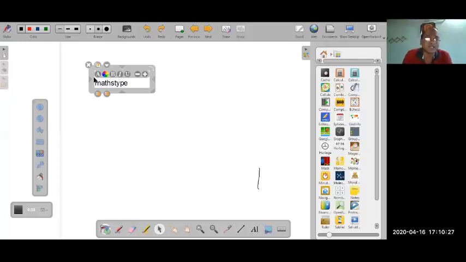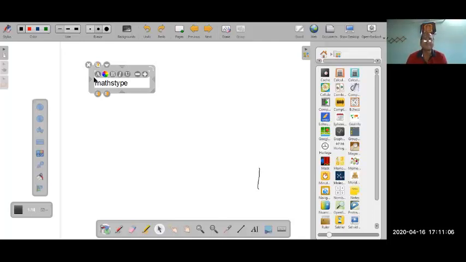MathType. This is the software. This is excellent software, but not open source, sir. But unethically, you can use a crack version. Even copy paste is not allowed, sir. Take the screencast and insert it into the software. That is the only way. Any free open source software is not 100% useful for math teachers, sir, except one software, GeoGebra.